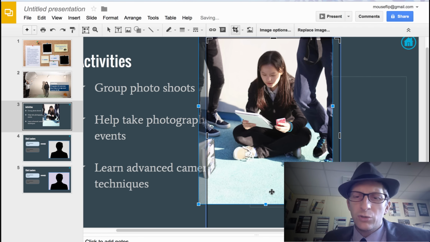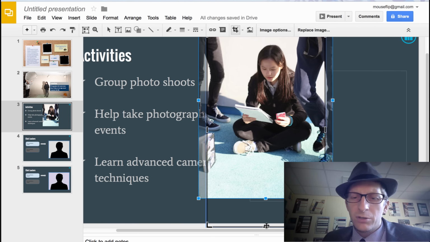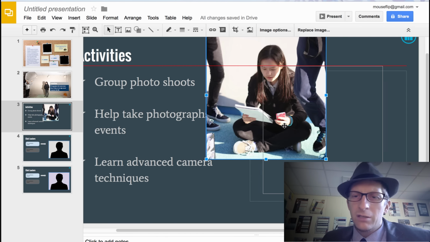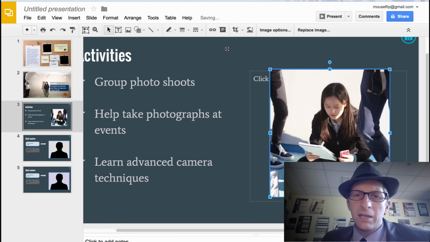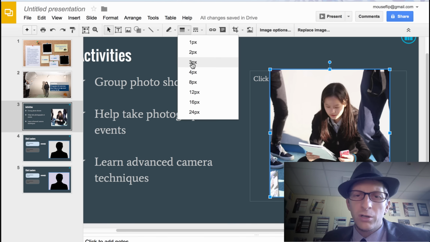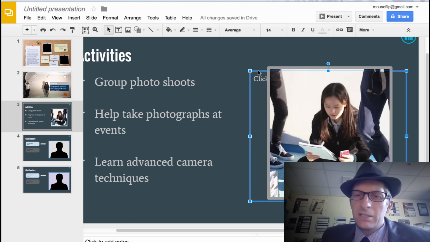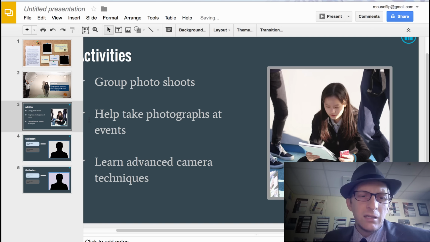And don't stretch it like I just did. Make sure you hit these lines here that show the crop. Don't do the dots, because that will stretch your image, and we don't want stretched images. Okay, so I'm going to put that on the side, and I'm going to choose a border fairly thick, an 8. And then I don't need this text box anymore, so I'm going to click and delete that. Okay, so